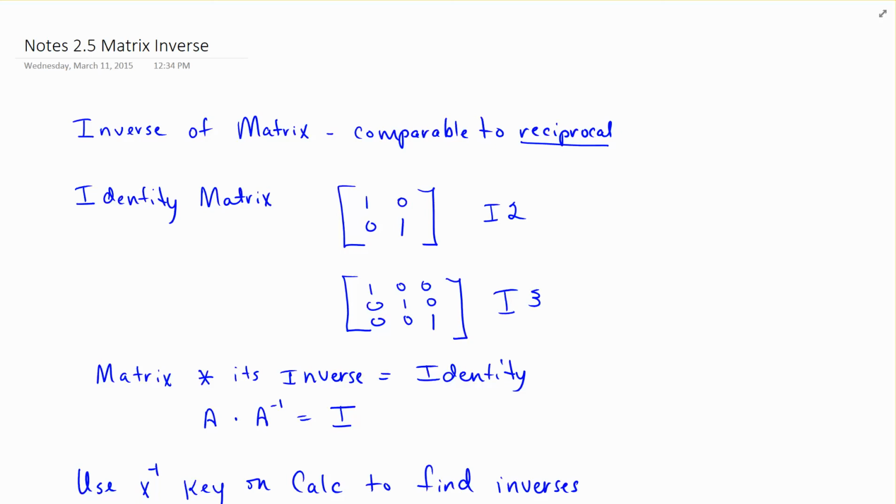This is section 2.5 on the inverse of a matrix. And the inverse of a matrix is comparable to the reciprocal in regular numbers. In other words, if we had 1 over 3, the reciprocal of that is 3 over 1. And any time you multiply a number by its reciprocal, what do we get? We get 1. Well, with matrices, if you multiply a matrix by its inverse, you get what's called the identity